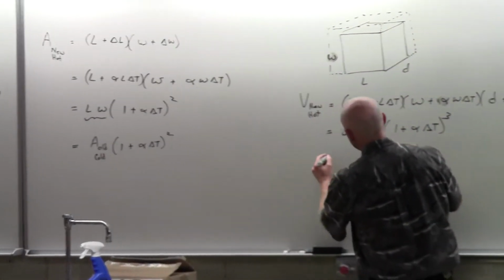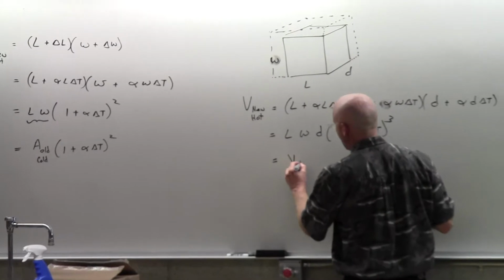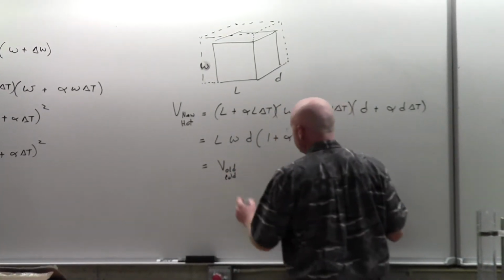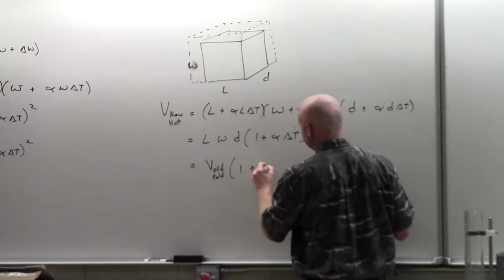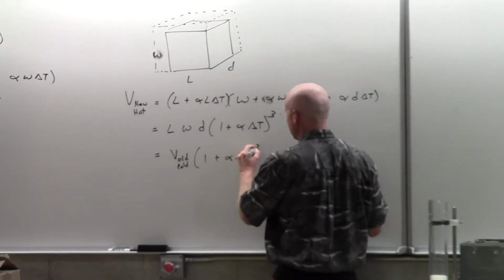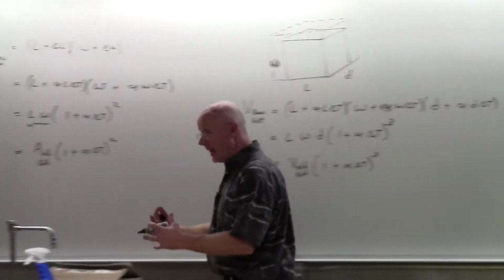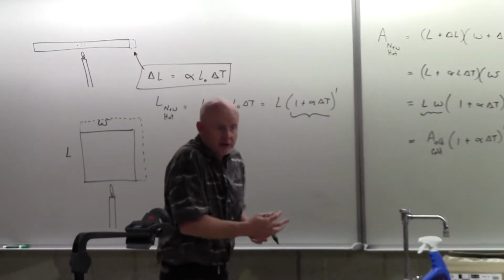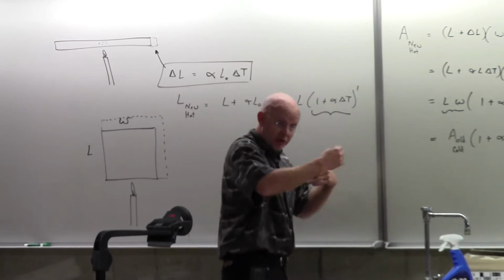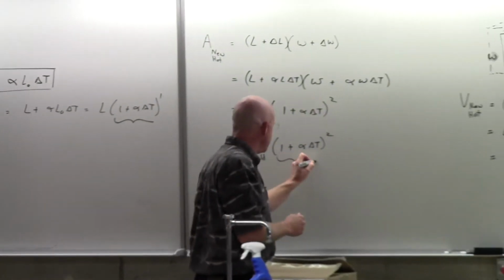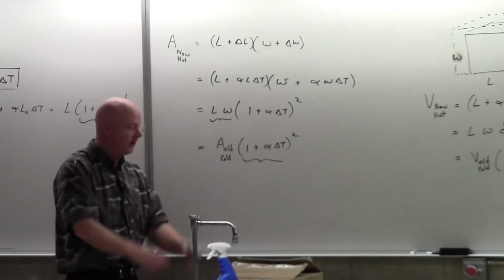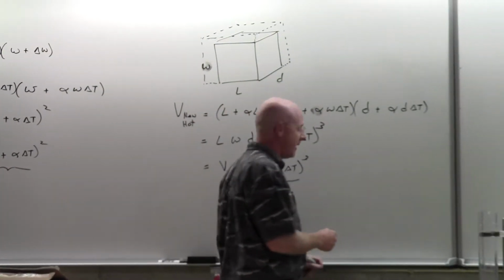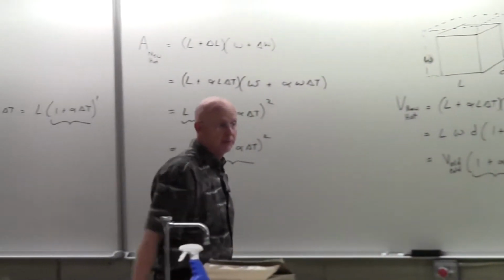Each one is growing by the same multiplication factor. So, this can be thought of as the old volume, or the volume when it is cold. And so this is the additional factor. And I think you're seeing that, okay, that growth factor, if you will, to a power of 1 is when we're just talking about length. This is the growth factor when we've got it squared. This is the growth factor then when we have it cubed.